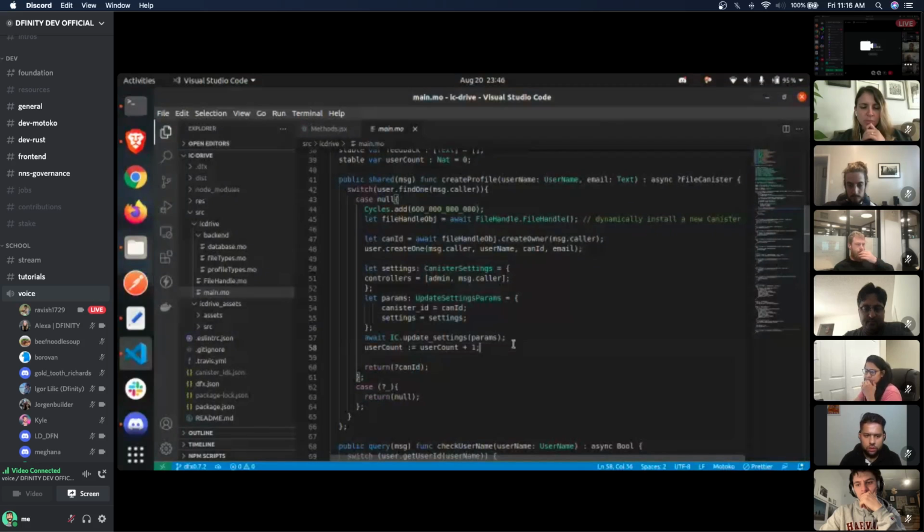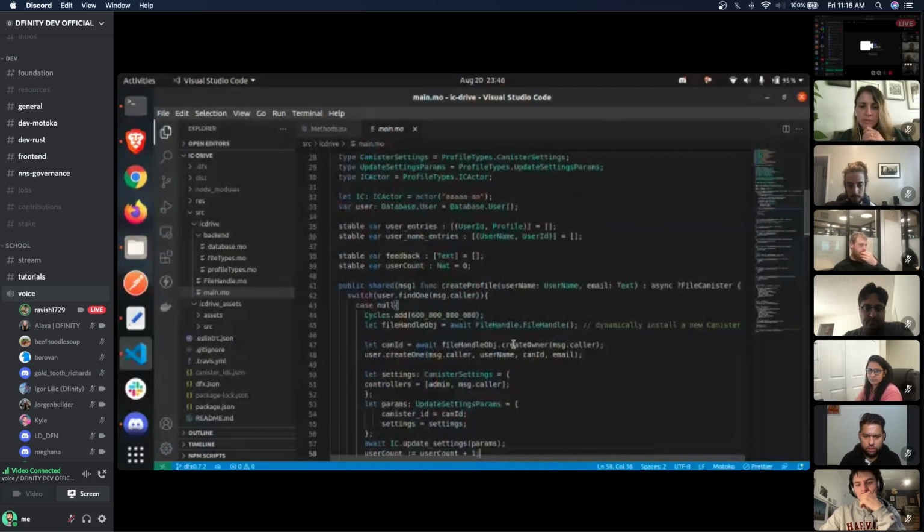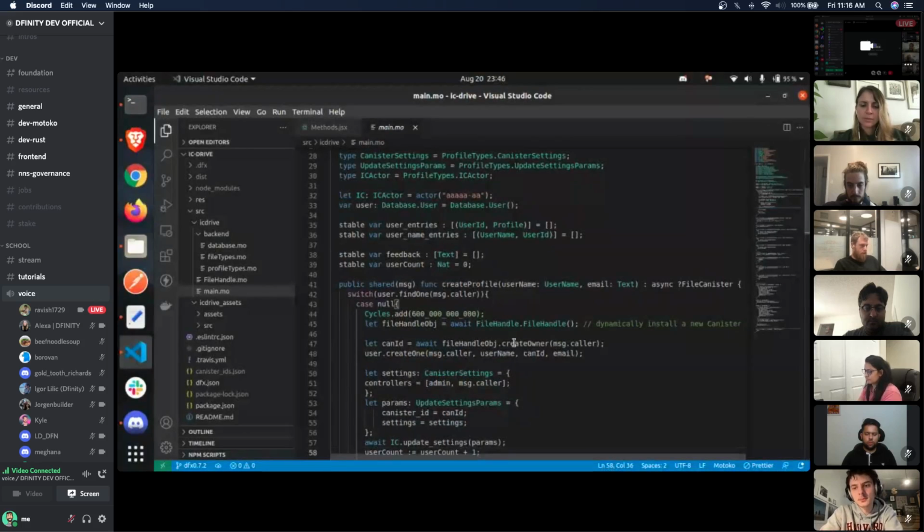And we created another variable, user count, to get a count of how many users are in our particular application. Once all of this process gets completed in the front end, you get redirected to your dashboard, and this process takes around 15 seconds. That's why you see a little bit of delay when you first log into our system.